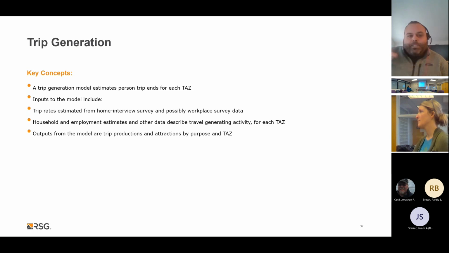So there are differences in the paradigm of modeling in the industry about where this step might or should occur, when a person chooses how they're going to get somewhere. But purely at trip generation, we're only really looking at how many trips are produced and attracted in a given zone. So we're not at that point where we're talking about how they got somewhere.